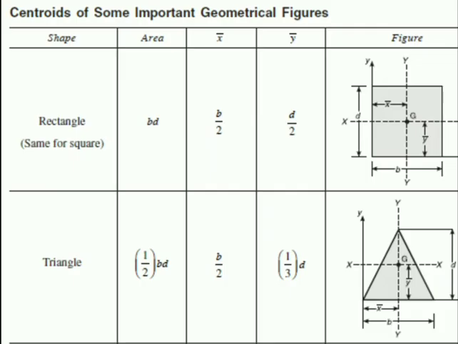Next we will be discussing all the formulas together, which will be useful for you during solving the examples. I request you all to make a proper table in your notebook and write down all these formulas properly.